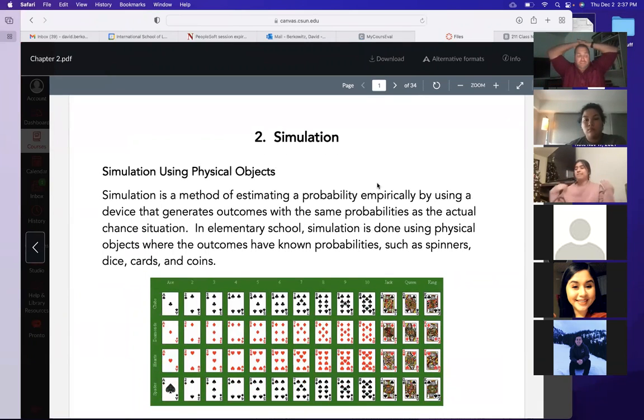We didn't do much simulation throughout the semester, but we did at the end, if you recall, all those sampling distributions where we simulated by getting sample size, and we had these bell curves. We did a lot of simulation at the end. But chapter 2 on simulation is